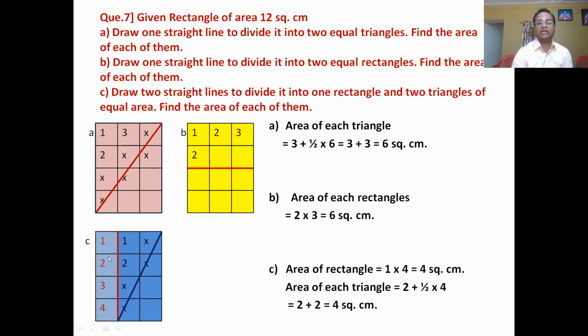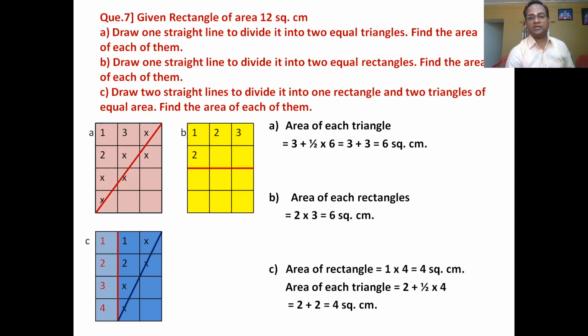The area of the rectangle here is 1 into 4, that is 4 square centimeters, and the remaining part of the rectangle, I have drawn one more blue line to divide this rectangle into two equal triangles, because you have to draw two triangles. You can draw the triangles by cutting the rectangle into two equal parts